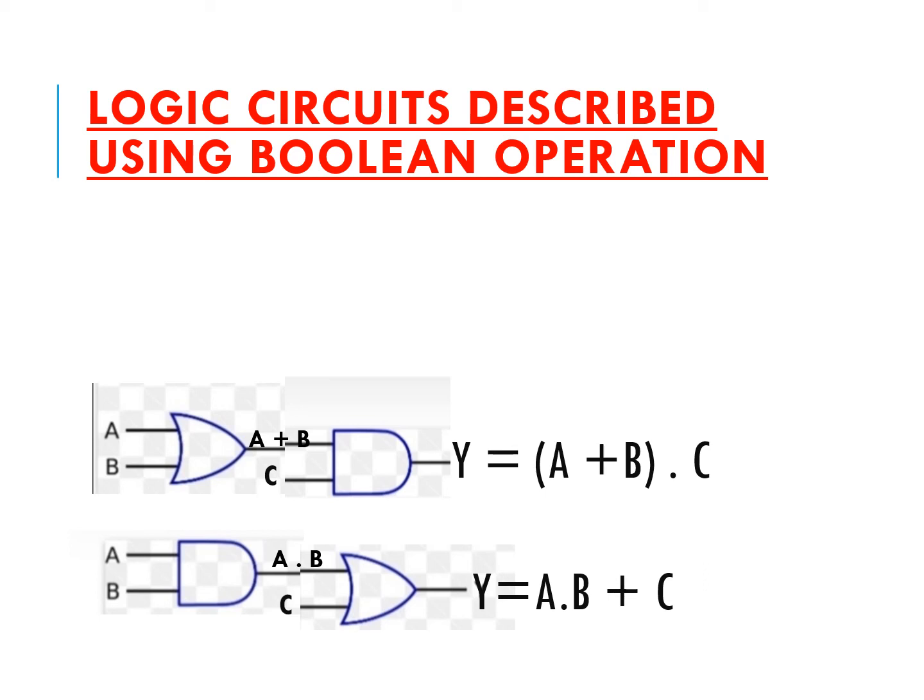Next we come to the lower diagram, and that is A and B fed to the AND gate, and we find A dot B, and then it is fed to the OR gate, and C joins in, also being fed to the OR gate, and what we get is A dot B or C. Now here again, A dot B obviously is to be evaluated first, and then it is C. But if let's suppose B or C was in a bracket, then B or C was to be evaluated first, and then it was to be ANDed with A.